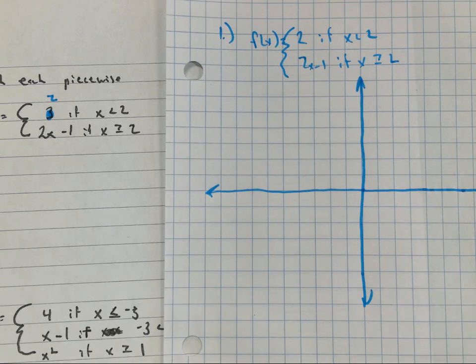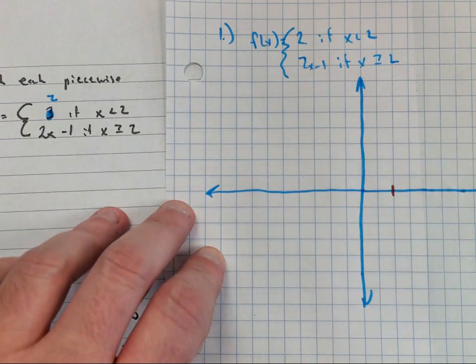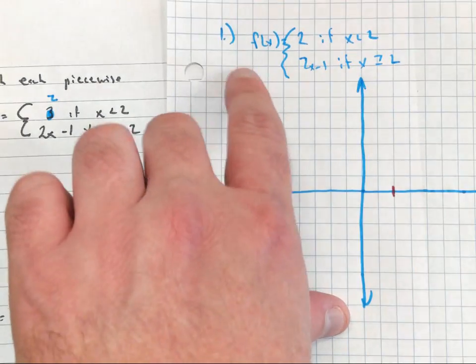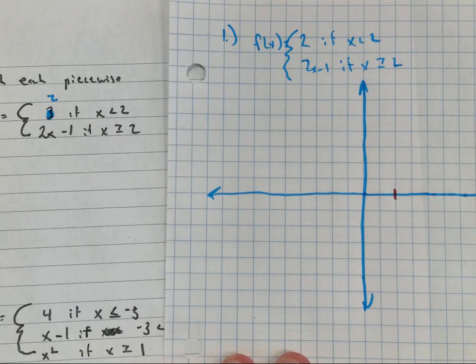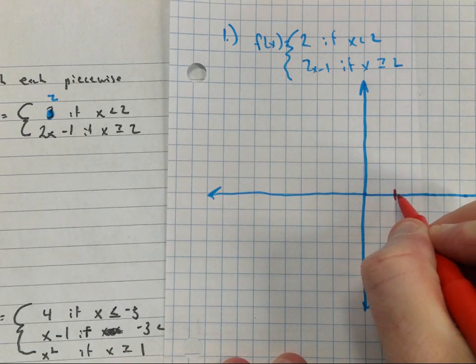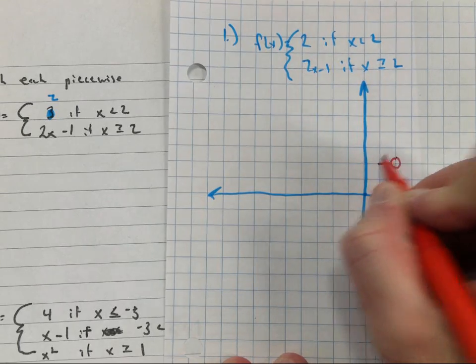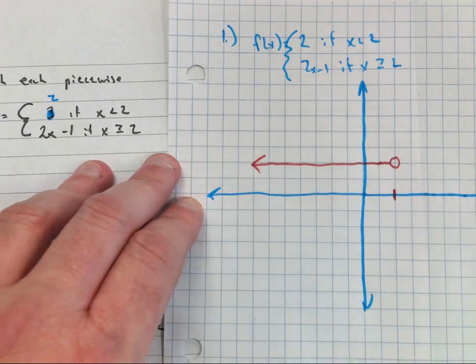Where are we getting on and off the pieces at? What number do we need? A 2. I'm going to put a little mark right here. 2, we're shifting. Okay, so it says y equals 2. Is that going to be a horizontal or vertical line? Horizontal. It's going to be y equals 2. So I'm going to go up to 2. Will it be open or closed dot? Open. And it says for all x values less than 2, so it's going to be going that way.